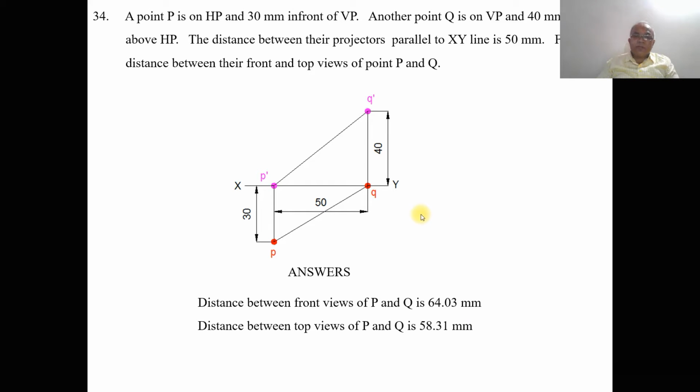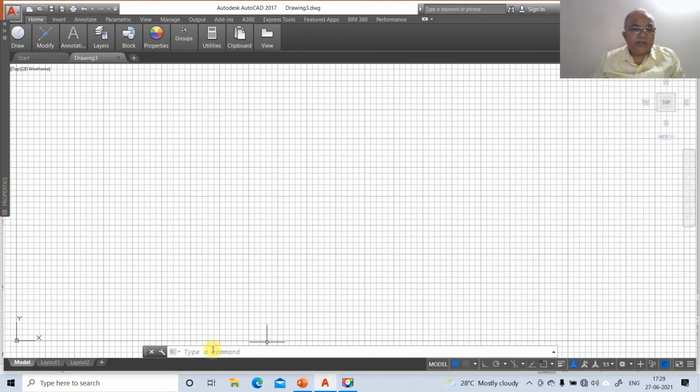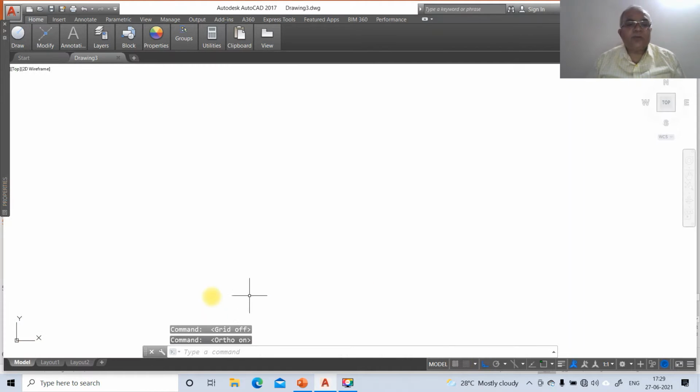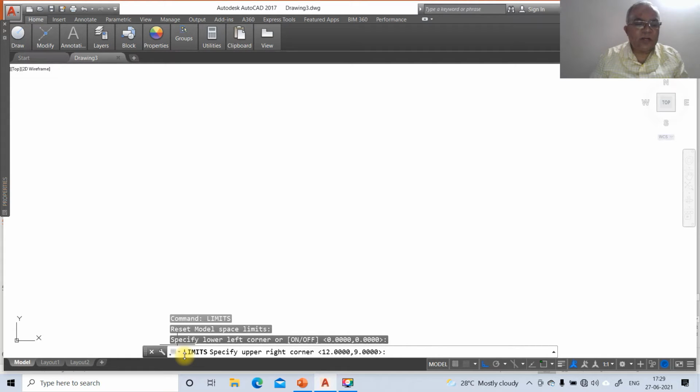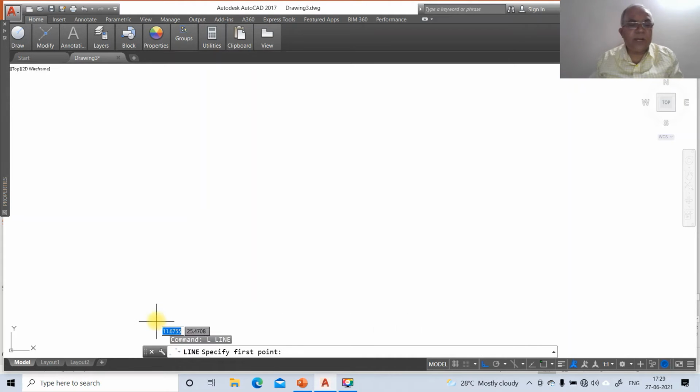So now we need to solve the same problem by using AutoCAD software. So we are going to show this by using AutoCAD software. First we'll go to AutoCAD screen, switch off the grid mode and switch on the ortho mode. So first we'll go for the command limits. Specify lower left corner 0, 0, upper right corner is 297, 210, then zoom all, then go to line,